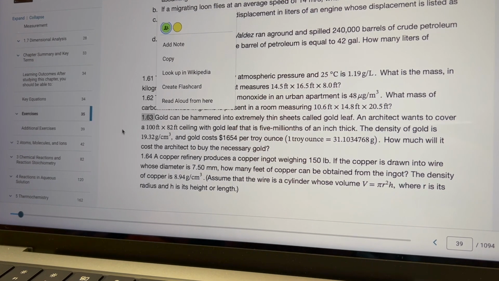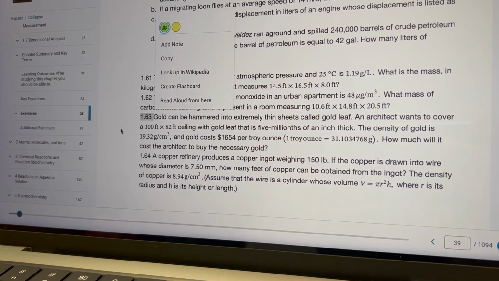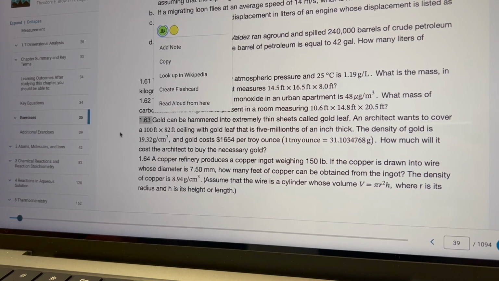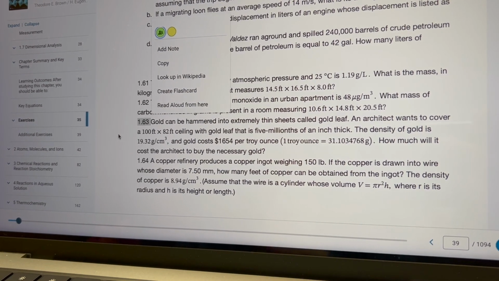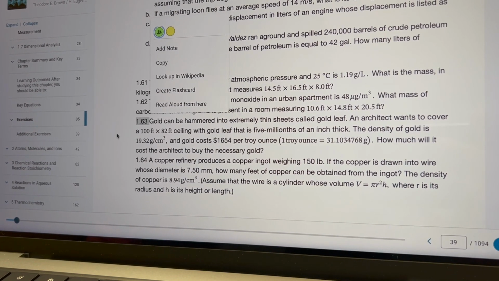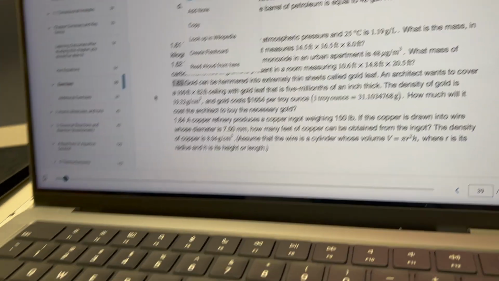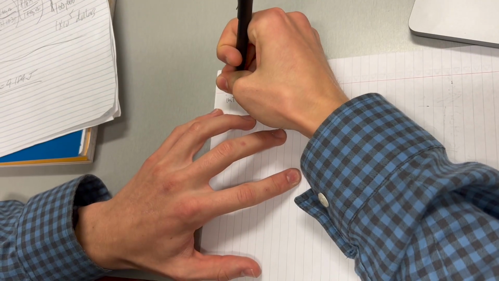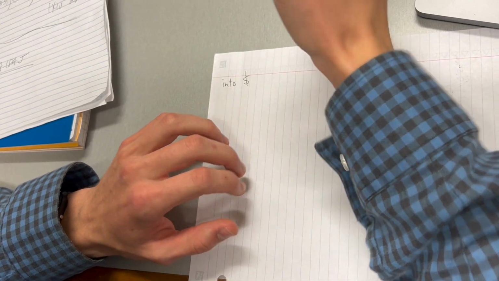The density of gold is 19.32 grams per cubic centimeter, and gold costs $1,654 per troy ounce. And then we have that unit of conversion. How much will it cost the architect to buy the necessary gold? Okay, so first let's look. We're going into dollars. That's what we're looking for. Into dollars. How much is the architect going to have to